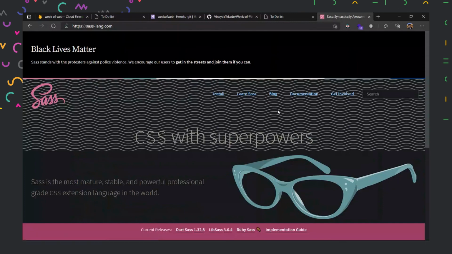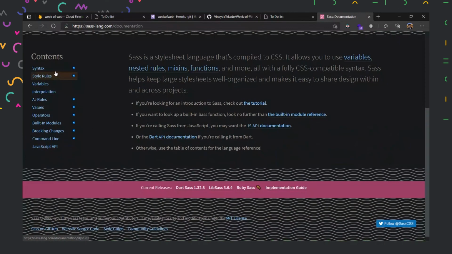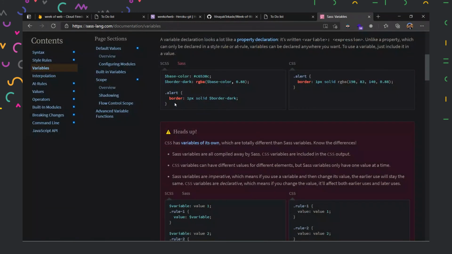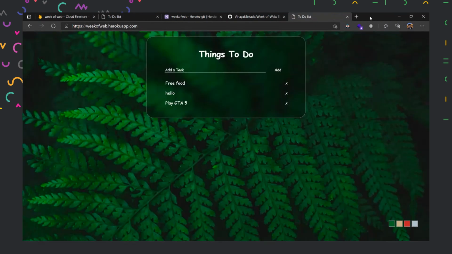In Sass, what is possible is that we can create variables. Here in our CSS files, we were declaring all the colors, right? But let's say I want to use different colors multiple times. Then I have to remember their hex code, the color code, all the time. Sass can create variables for that. So in Sass, we can simply create a variable called base color and store it. Every time we use that color, we can simply access that variable, and that makes things easier. So these are the possibilities of a CSS compiler.